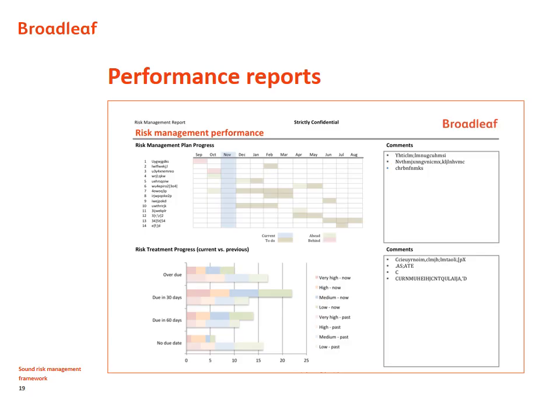Here you can see an example of a risk management performance report for the company we discussed earlier. There are two figures here. The first one at the top shows a simplified Gantt chart which demonstrates progress with the tasks in the risk management plan. Those tasks are down the left-hand side. The blue column indicates the time now, and the tasks are coloured as red being behind schedule, green meaning ahead of schedule, and grey still outstanding.